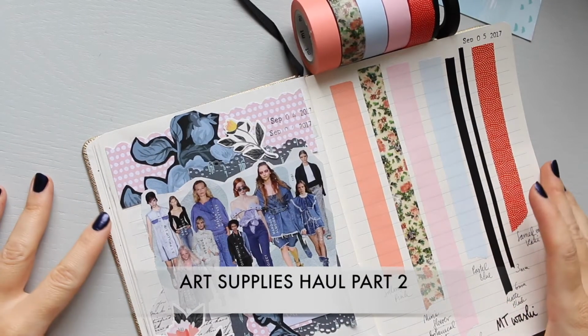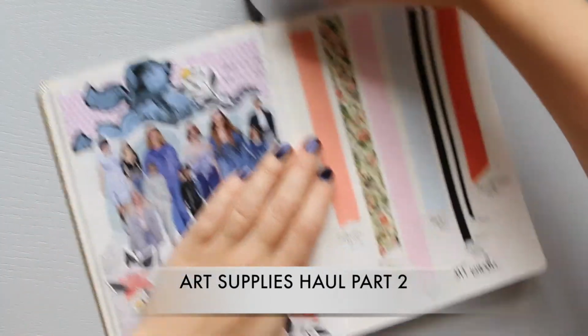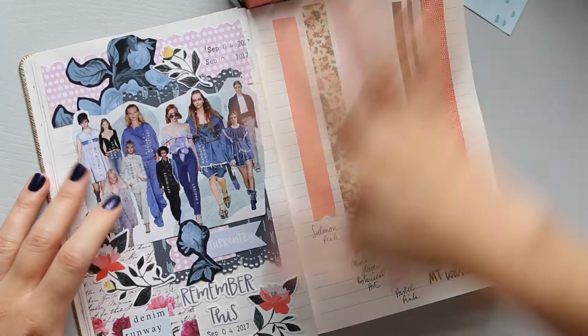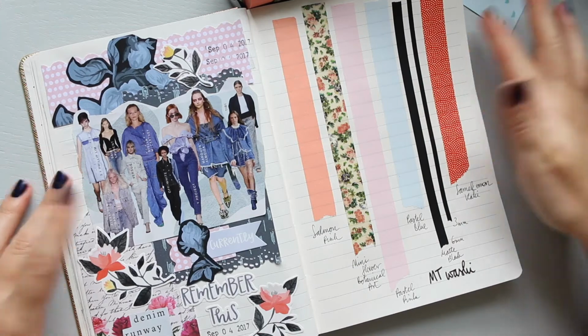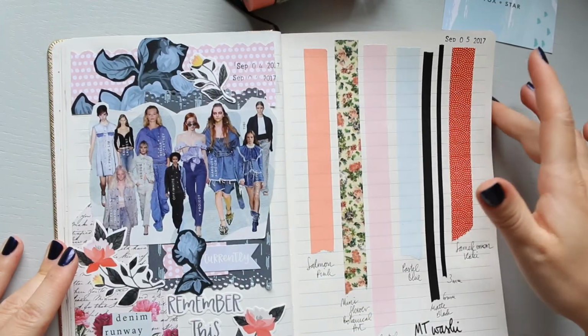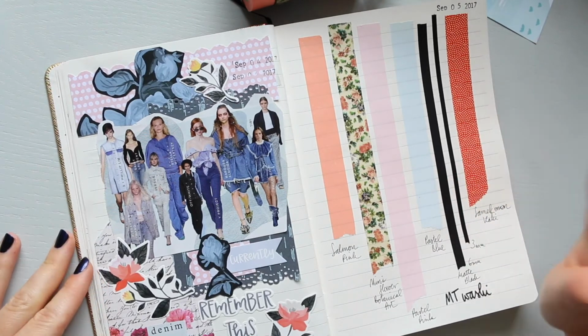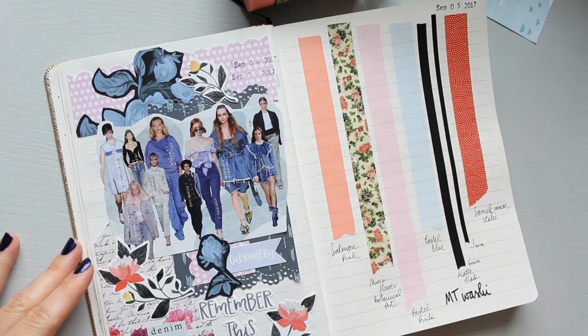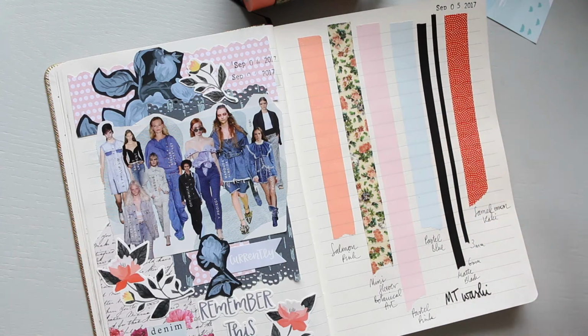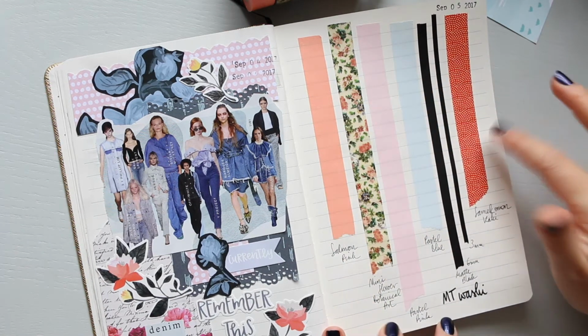Okay, so I decided to do these swatches, the washi swatches, and just do a spread in my fashion journal, because actually they really work well color-wise, and so that's what I've done. I might do some illustration on top, but I haven't decided yet. But basically all of these empty washis,